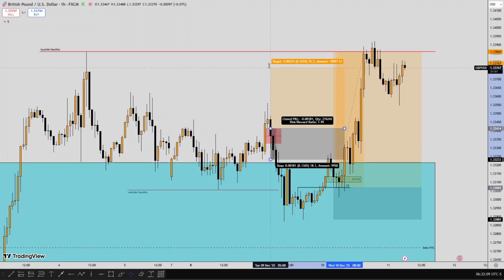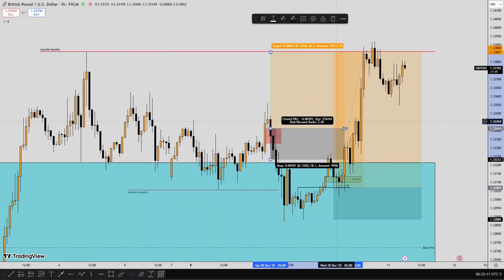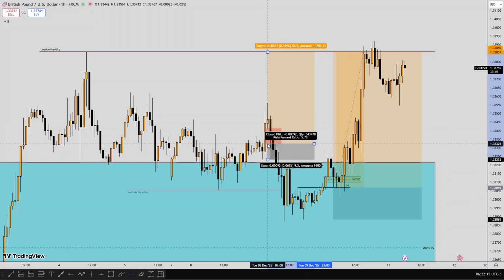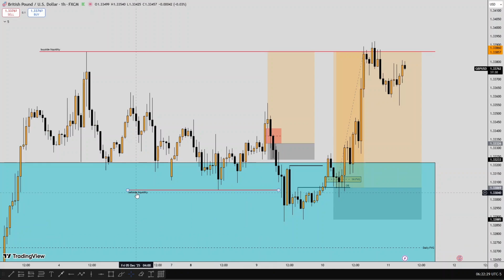I'm still anticipating higher prices for price to run the buy side liquidity, and my entry was the other block, which was around a 5.7-hour trade if price were to respect the other block to trade higher. But you can see price traded through, took out the stop, traded lower, took out sell side liquidity, which was on Monday's low, and price took out the swing low on Wednesday,